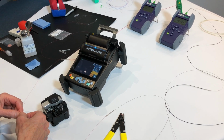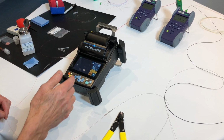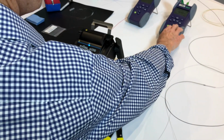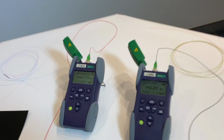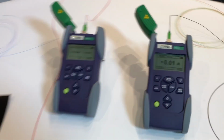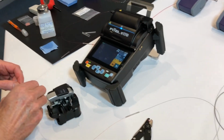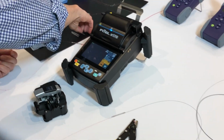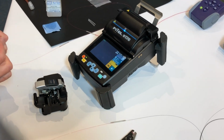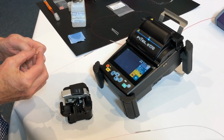In this particular case, I've got a meter measuring the actual loss that will be achieved during the splice. So we'll now break the fibre, insert a heat shrink sleeve,